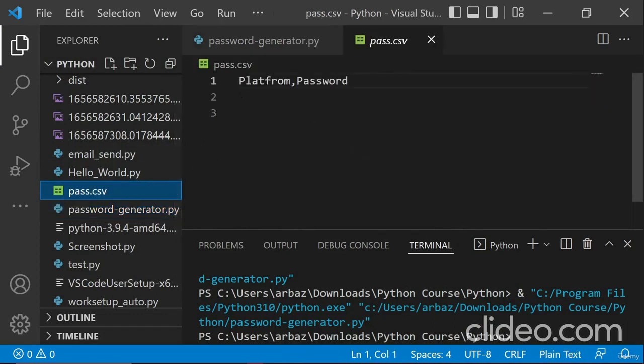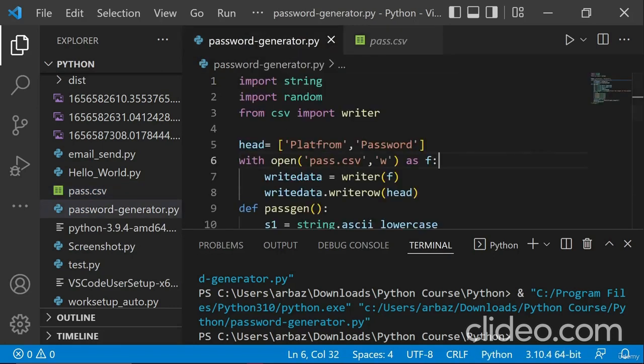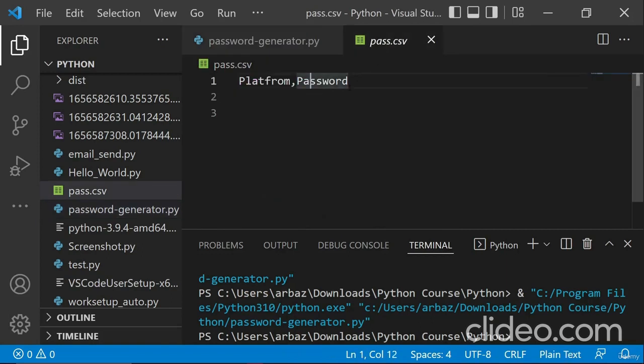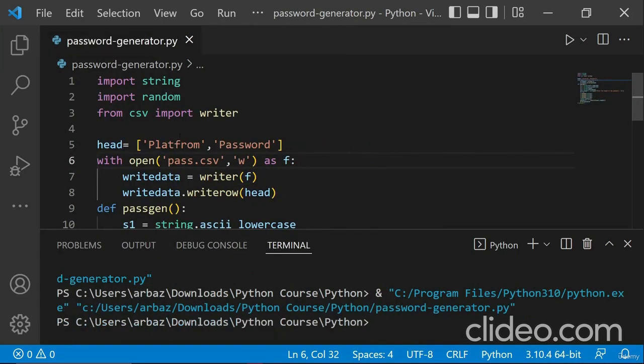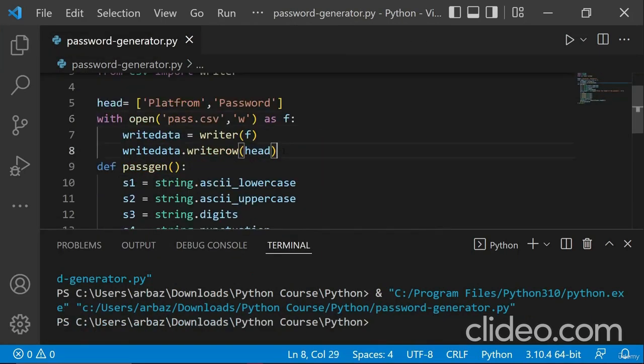And here you can see that two columns are created. The first one is platform and the second one is password. So we have successfully created two columns using the code that we have written here. Using these 4 lines of code, we have created these two new columns in our CSV file. Once we are done with that, we'll close this CSV file, and from here we will remove this code,